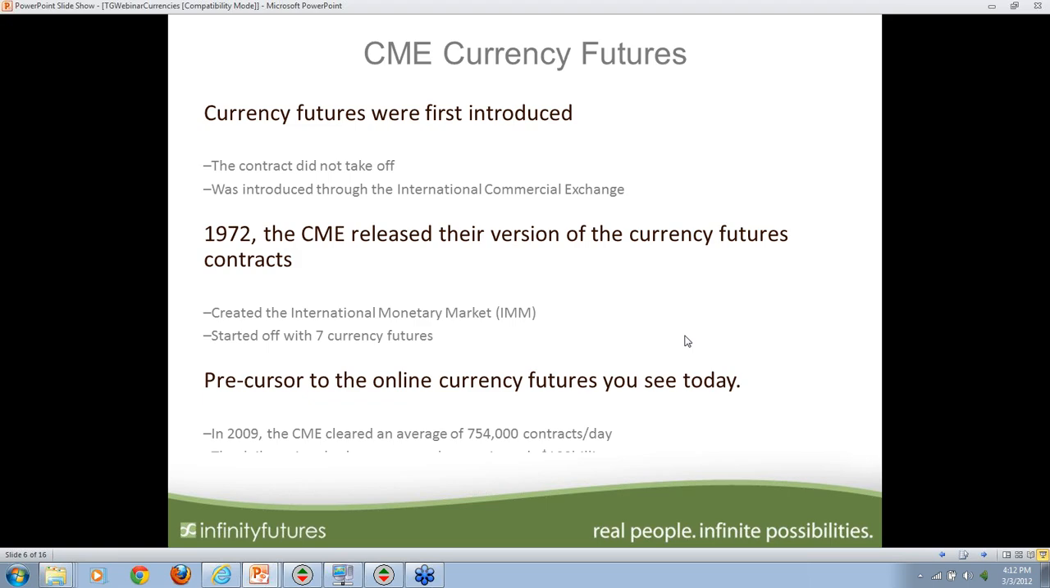100 billion? Yeah. And one of the benefits of that is that it is pretty much the largest centralized and regulated area where you can go and trade contracts without